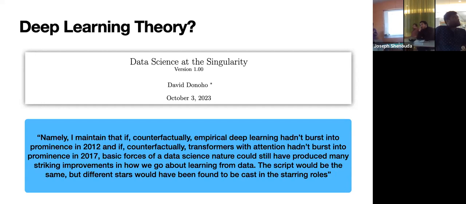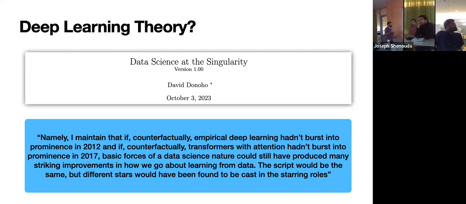So basically he's saying that even if people hadn't stumbled upon MLPs and neural networks, and even if they hadn't stumbled upon transformers, we would still have all these really cool advancements in AI. And so essentially there's nothing super uniquely special about MLPs and transformers. And I guess it's a good take.